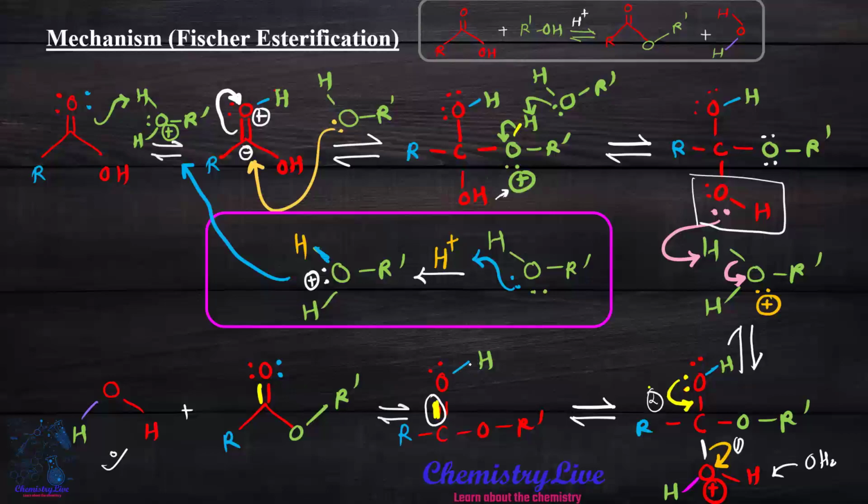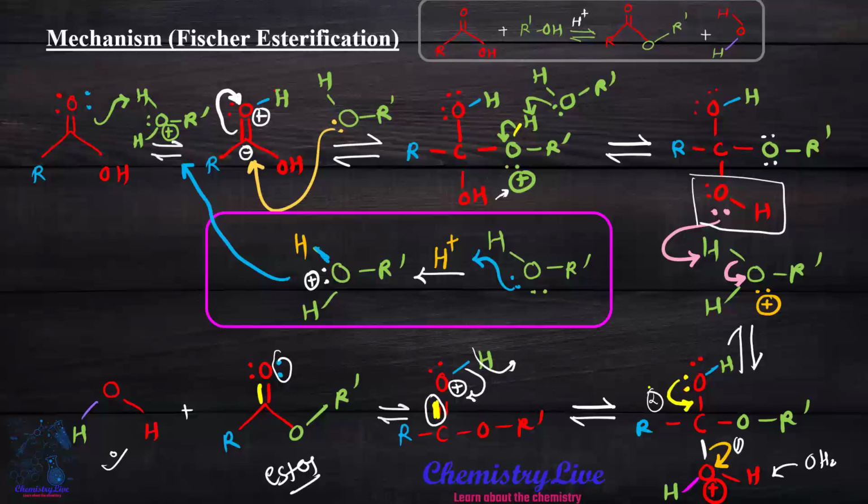Again this OH bond is labile, and again there is a positive charge. So this bond pair shifts here, and this hydrogen is removed. When hydrogen is removed, we get our lone pair again, and the OH is removed and we get OR dash. So that is our ester. This mechanism is called Fischer esterification, because we have a protonated alcohol, the protonated alcohol is used twice in the reaction, and we get our ester.